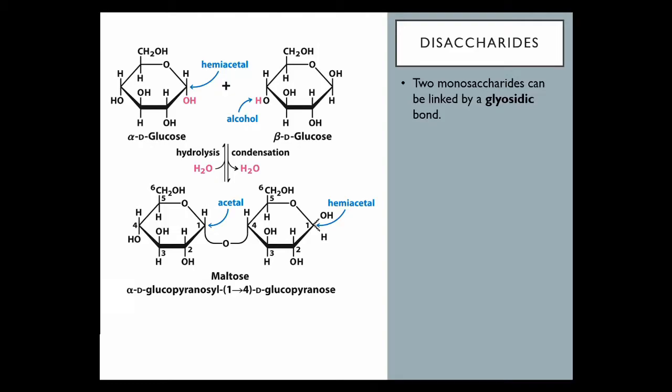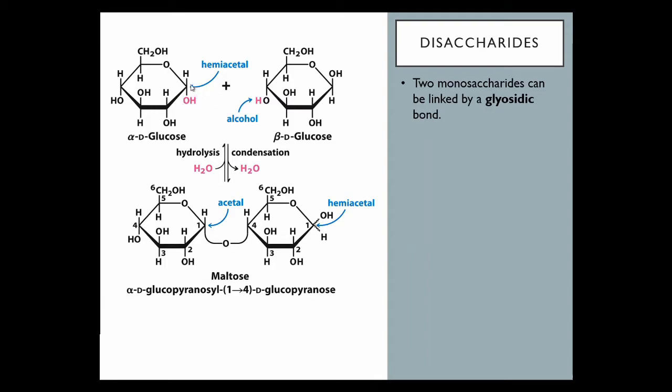So a disaccharide is just two monosaccharides that are connected by something called a glycosidic bond. For example, this is a disaccharide of glucose and another glucose, and the glycosidic bond in this case is formed between the number 1 carbon of this glucose and the number 4 carbon of this glucose. And the bond forms when basically there's a condensation reaction